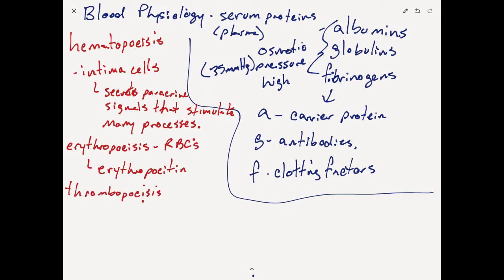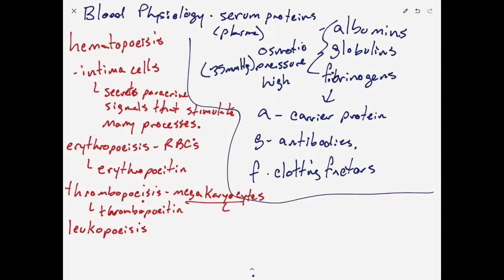Thrombopoiesis, which is stimulated by thrombopoietin. Thrombopoiesis is the formation of megakaryocytes. And megakaryocytes, remember, split off chunks to form platelets. And then finally, a